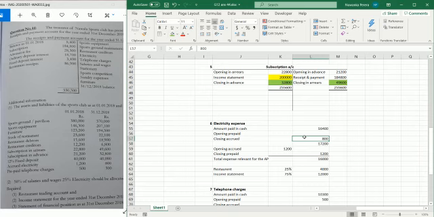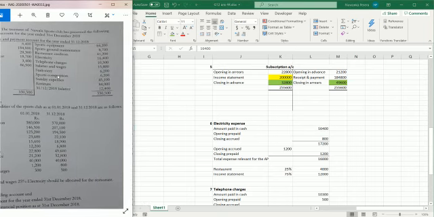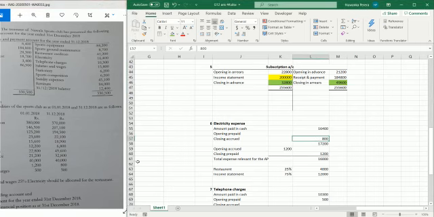Then from that total you have to deduct opening accrued amount and the closing prepaid amount. Now in this question you are given the amount paid in cash. It is there in the receipt and payment account. Electricity 16,400 paid. You have to record it here, and the closing accrued amount 800 is given,